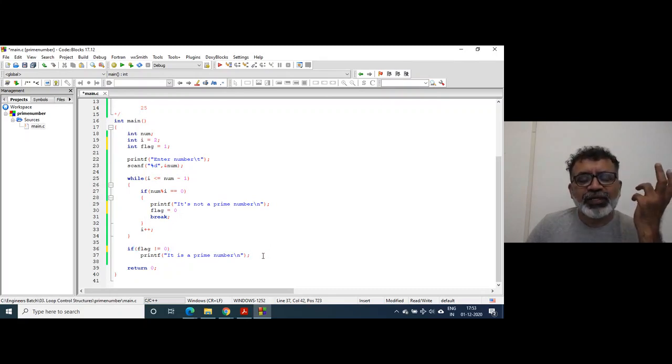You can write it in multiple ways. I will show you. What do we want? If this statement is executed, this should not be executed. So I will set the flag to 0 here. Since we know that when this statement is executed, the flag will be set to 0, I will check the same value here. Execute this statement if flag is not 0.